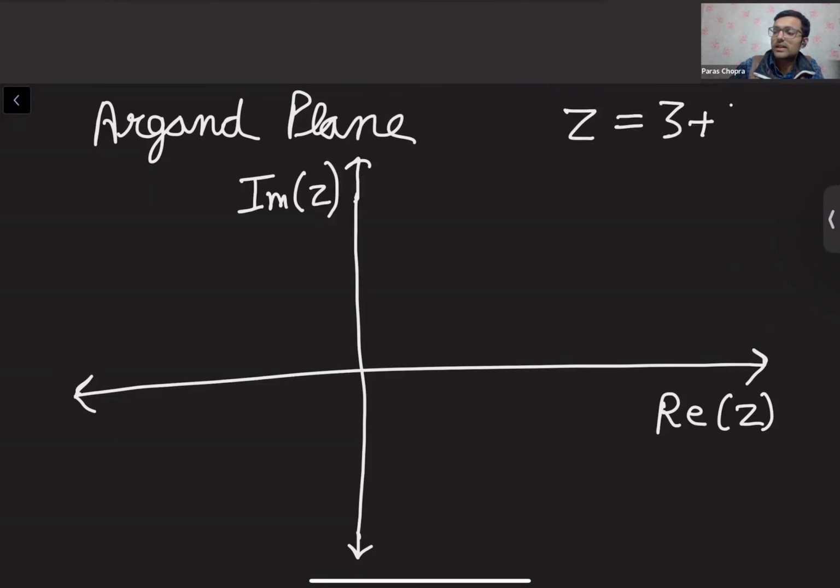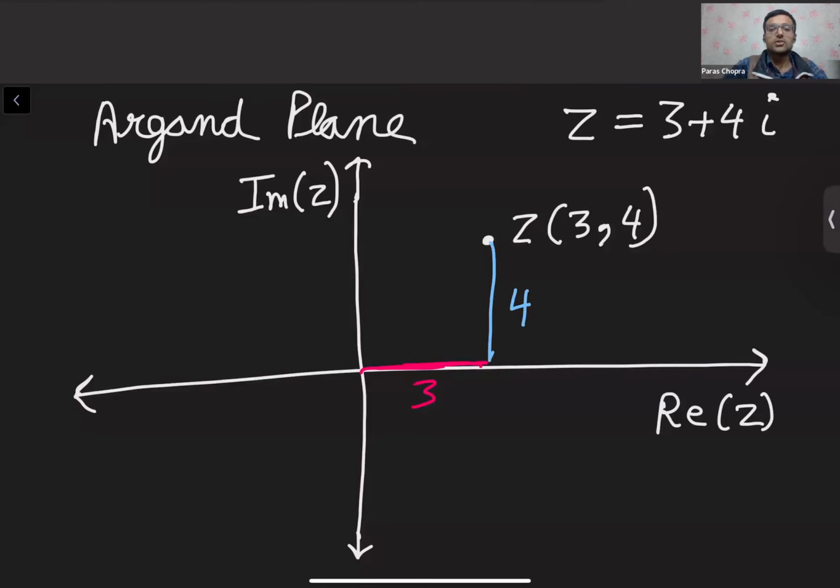तो अगर हमारे पास एक कॉम्प्लेक्स नंबर है z इज इक्वल टू 3 प्लस 4i, तो इसका रिप्रेजेंट होगा बाय द पॉइंट (3,4), because 3 is the real part which is along the x-axis and 4 is the imaginary part which is along the y-axis। So like that you can represent any complex number on the Argand plane।